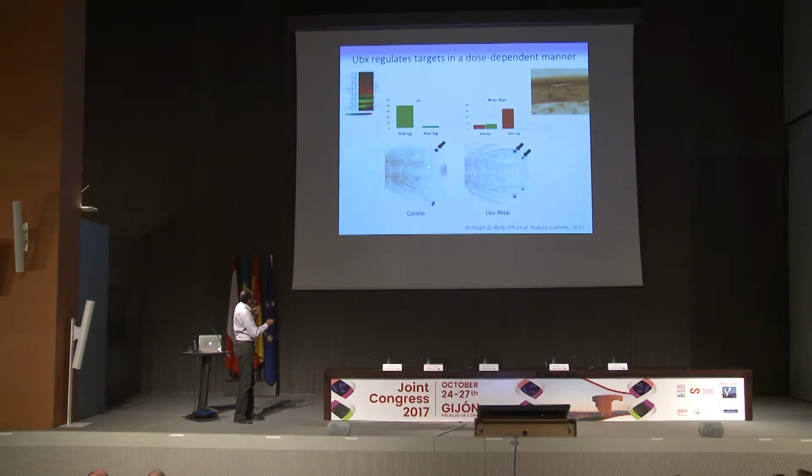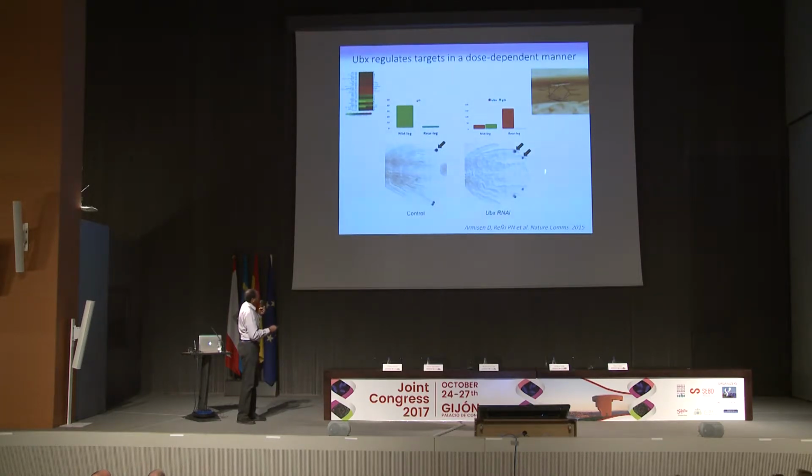When we look in the embryo, it's indeed expressed only in the tip of the second leg, and there is no expression in the first or in the third. So GILT and UBX have this profile of expression. When UBX is low, GILT is high. When UBX is high, GILT is low. So this suggests a repressive interaction between these two genes.